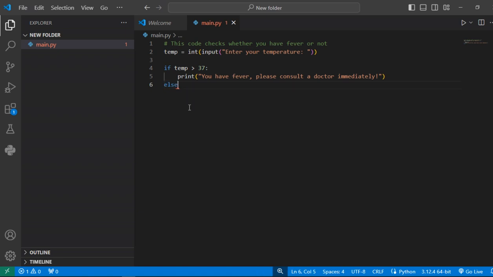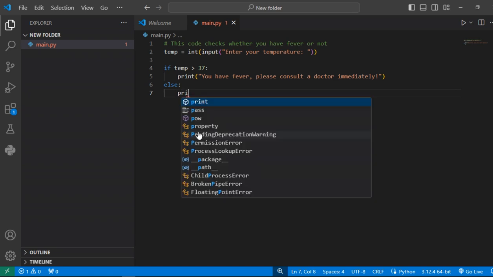Now this one does not need you to write any condition. Whatever you write here, it will be read. So you just put colon and you press enter. And once again, Python automatically indents it. By default, the indentation is one tab actually. You can choose 2, 3 or 4 spaces, but you have to be consistent with it. But let's stick with what it gives us by default because it's always safe, right? So else you can say print